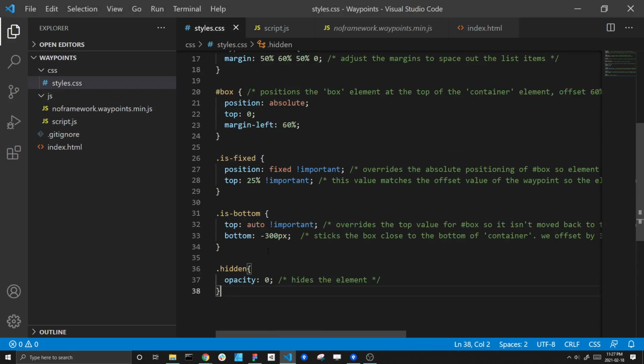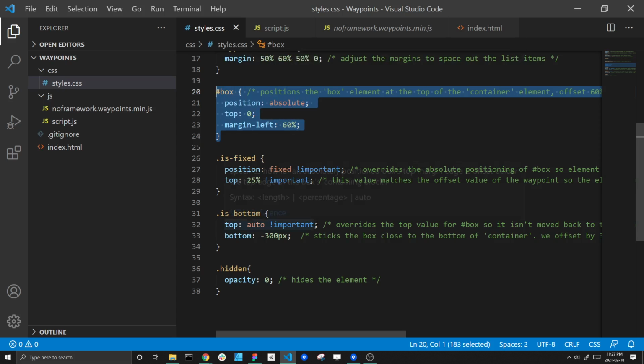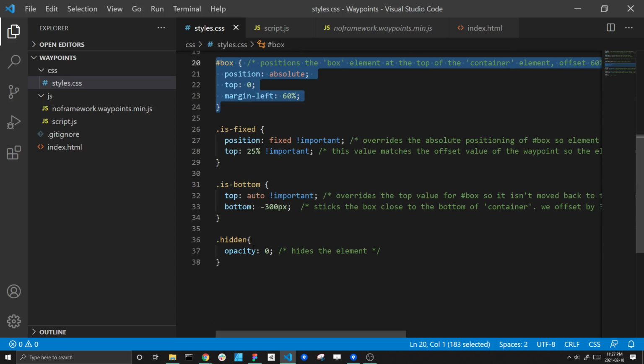CSS document here, I'm essentially overriding. So when I remove the isFixed class, remember that these important rules were overriding this position information. Essentially, we're jumping back to implementing this rule. So it's saying I take that box, take that image, place it right at the top of the container, and keep the margin the same. So it's jumping all the way back. So by adding this class, we're saying, okay, you know what? Don't